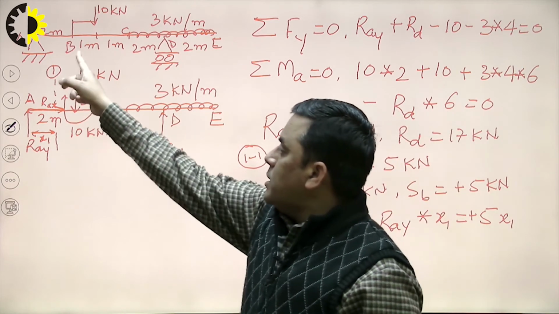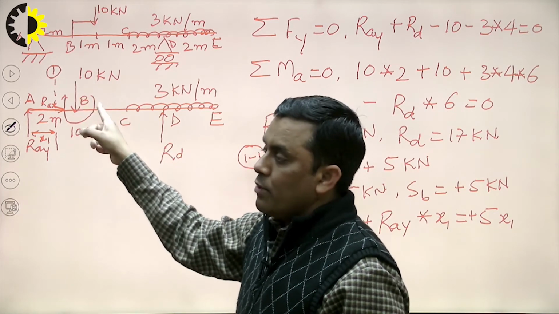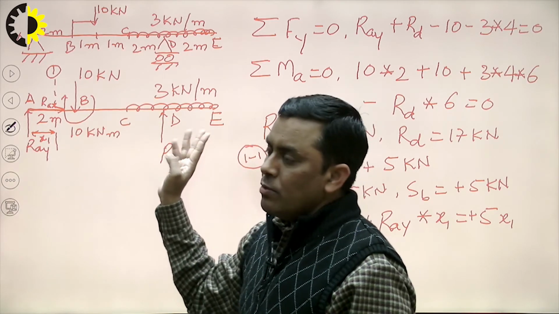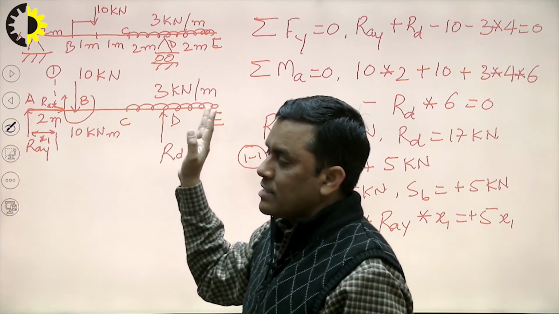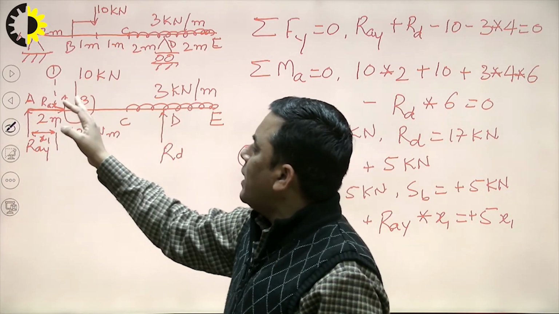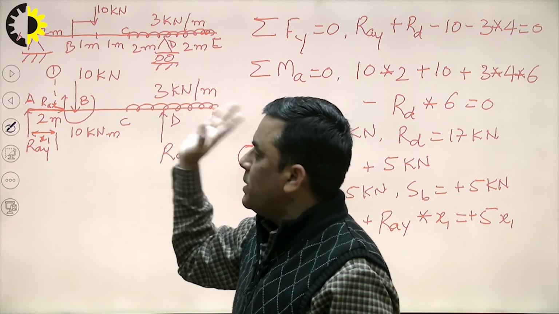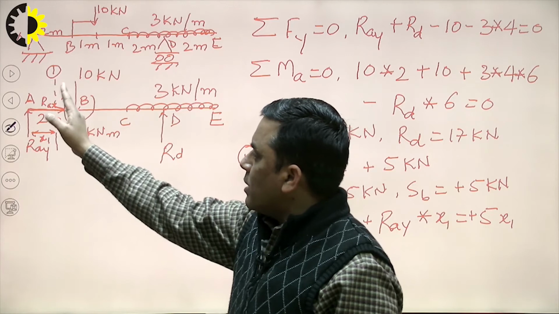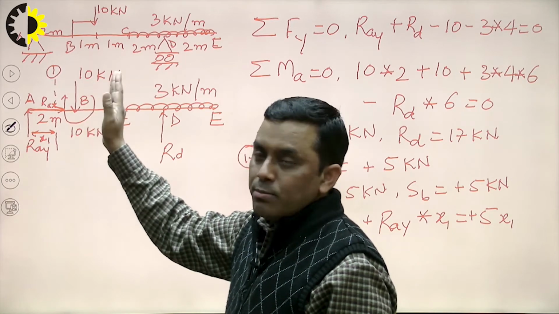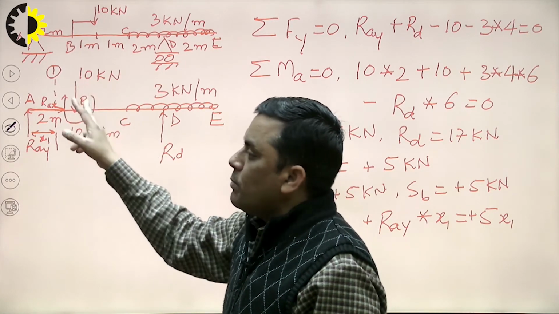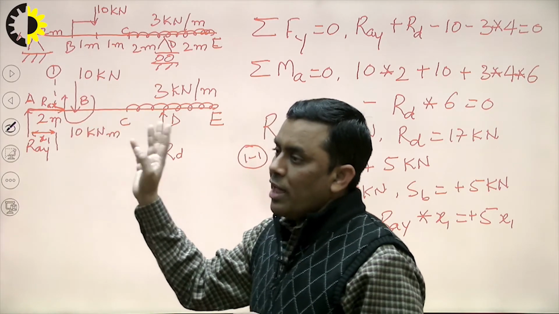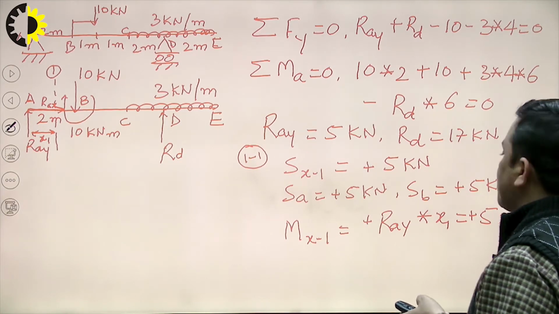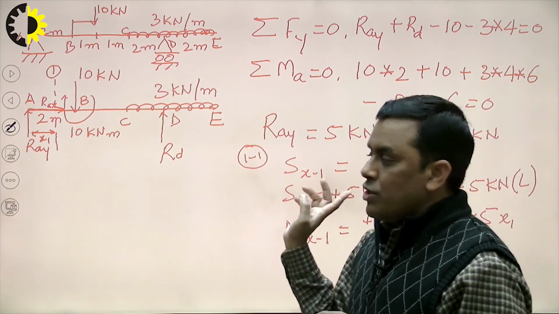As we are observing that there is one vertical downward force at point B, B will be getting two values. One value for just left side, meaning if the section plane is up to 1.99999, just left of B, then the value will be taken as plus 5. When we are coming just right of the point B, then this 10 kilonewton load will also be considered in the calculation. So, on that basis we can differentiate. Here I will be writing this is the value for the left side of the section plane. So, these are the shear force.